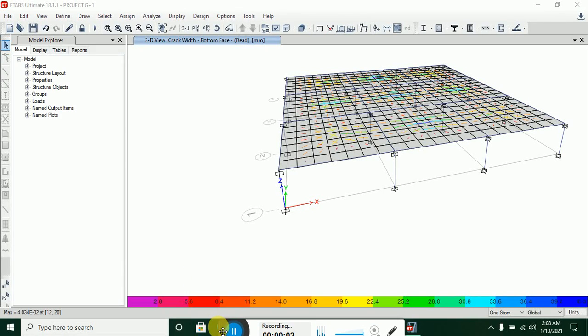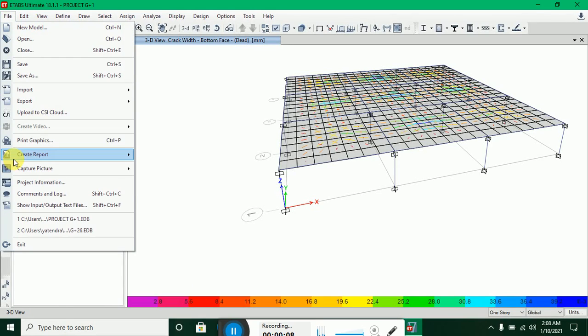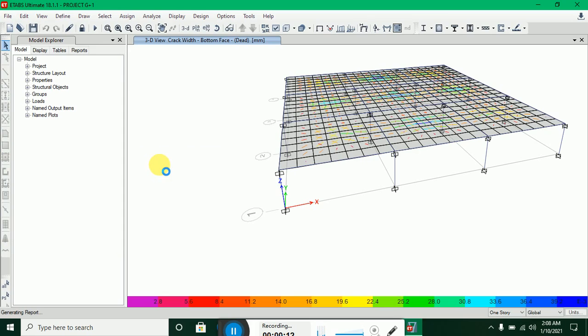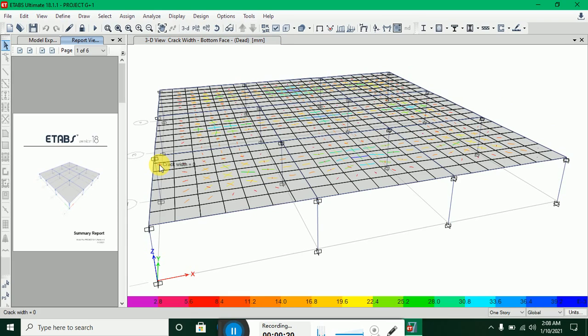Now after analyzing it, we will save the model. Okay, now we will create a report, a full summary report. In this summary report we can see all the things of the project, like